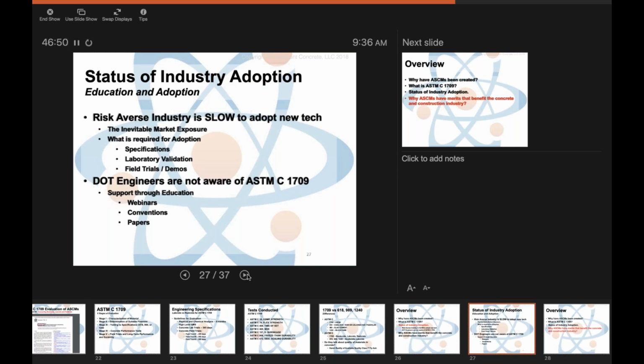Our aggregate in some places is unpredictable when it comes to ASR. And the harsh reality is that the DOT engineers, the ones who set the tone, especially for the bigger jobs, maybe not the smaller residential jobs, are not aware of this. And I'm not faulting y'all. Y'all have a busy schedule. And that's why we're doing this webinar, because we want to educate you holistically on what ASTMs are out there,